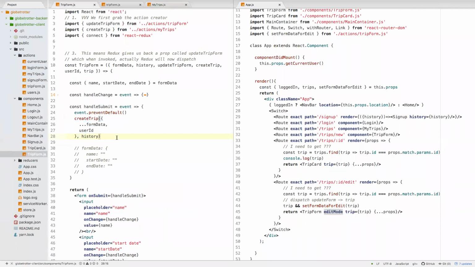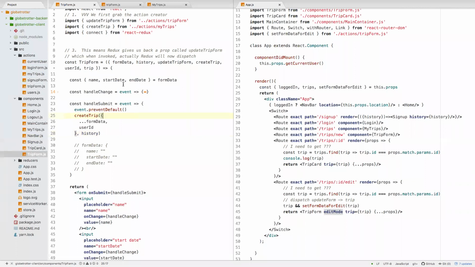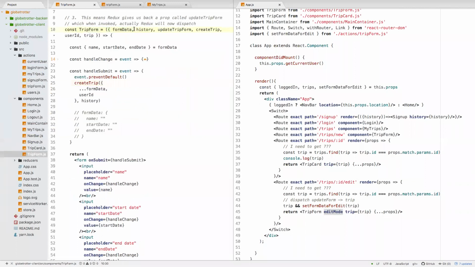Before I suggest my approach, does anyone have any suggestions or anything they'd like to see, or maybe we take this a different direction from what I was planning? Any thoughts? Seems okay. Okay. So what I think would be nice, and just here, if we leave the trip form itself